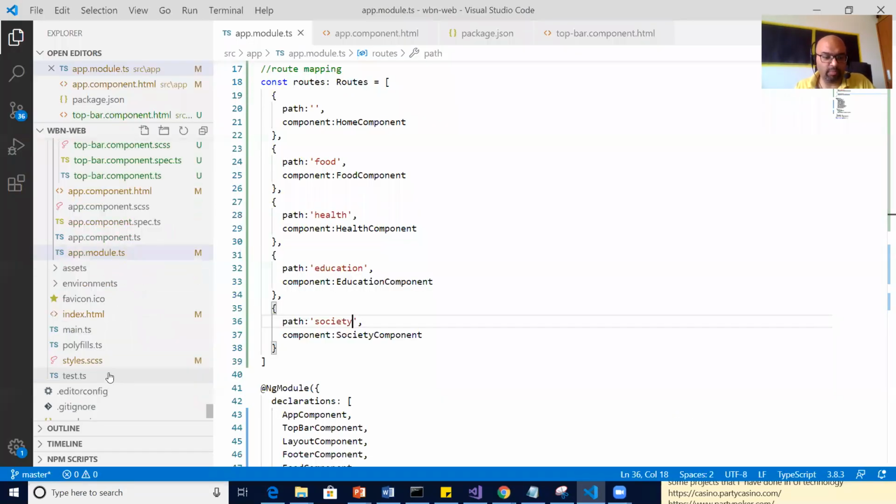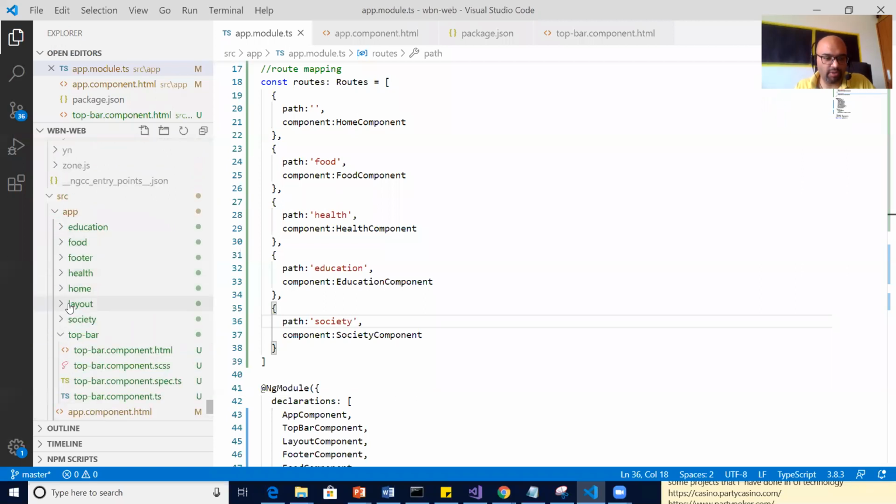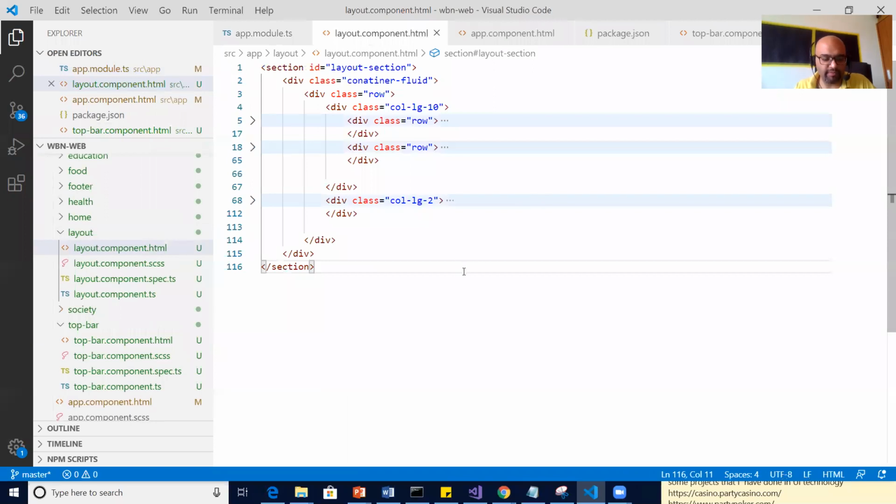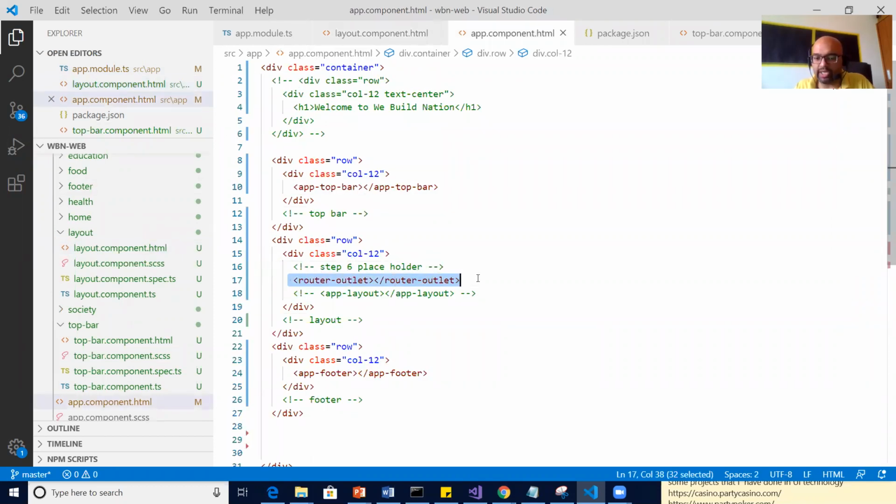Remember, I created a layout component, which we have removed because it is of no use. Now your router outlet is basically doing the layout work.